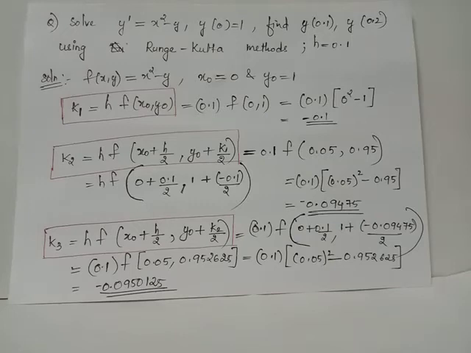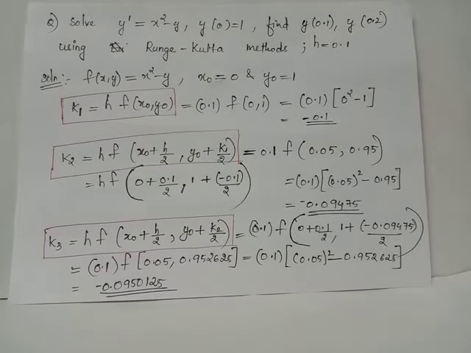Let us discuss solution of a problem using Runge-Kutta method. In this method, we will solve differential equation of the format dy by dx equals f of x,y given the condition y of x naught equals y naught. In order to find out y of 0.1, y of 0.2, we will have to depend on evaluation of constants k1, k2, k3, k4 and k, which will in turn help us to find out y1 and y2.